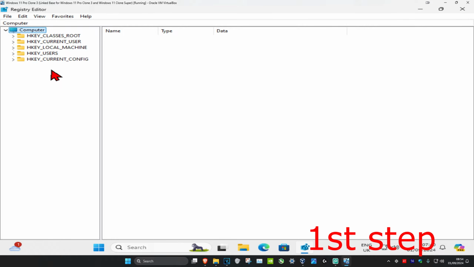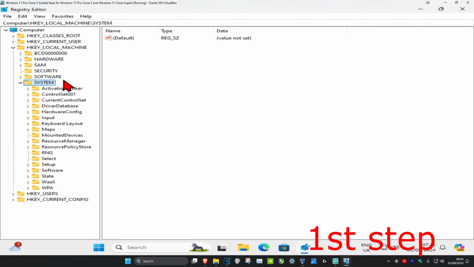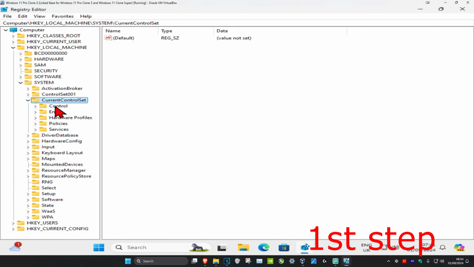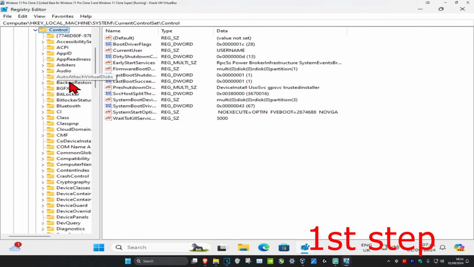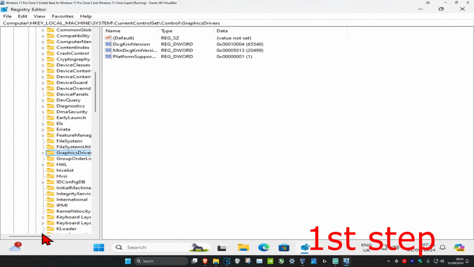So first we're going to expand HKEY_LOCAL_MACHINE, and then we're going to expand System, and then we're going to expand CurrentControlSet, and then we're going to expand Control, and then we're going to click on GraphicsDrivers. You're going to scroll down and then click on GraphicsDrivers, and then all this will appear on the